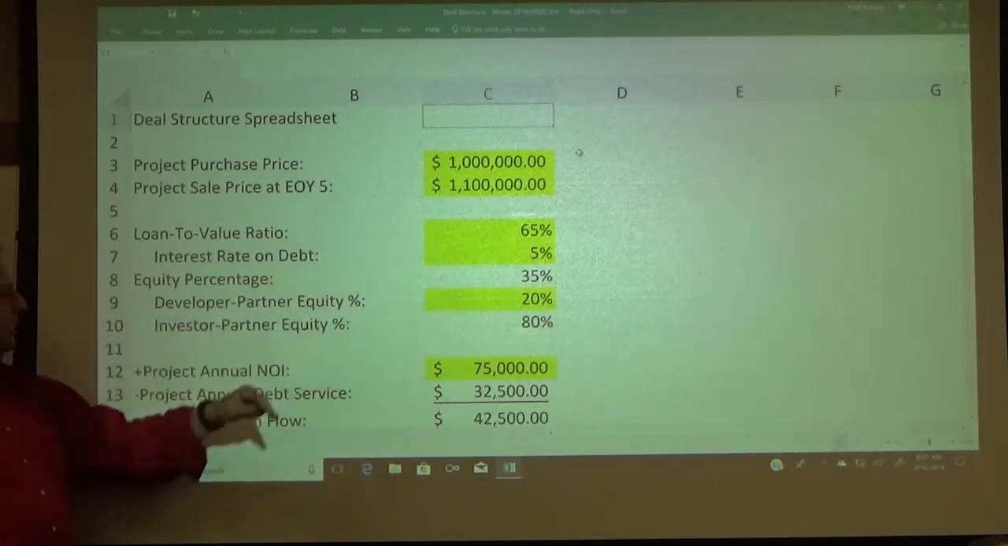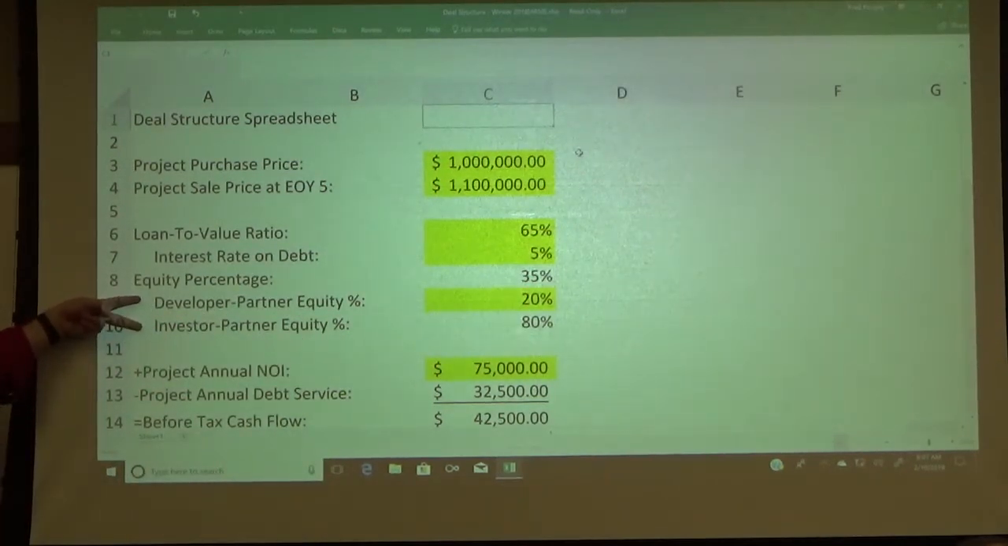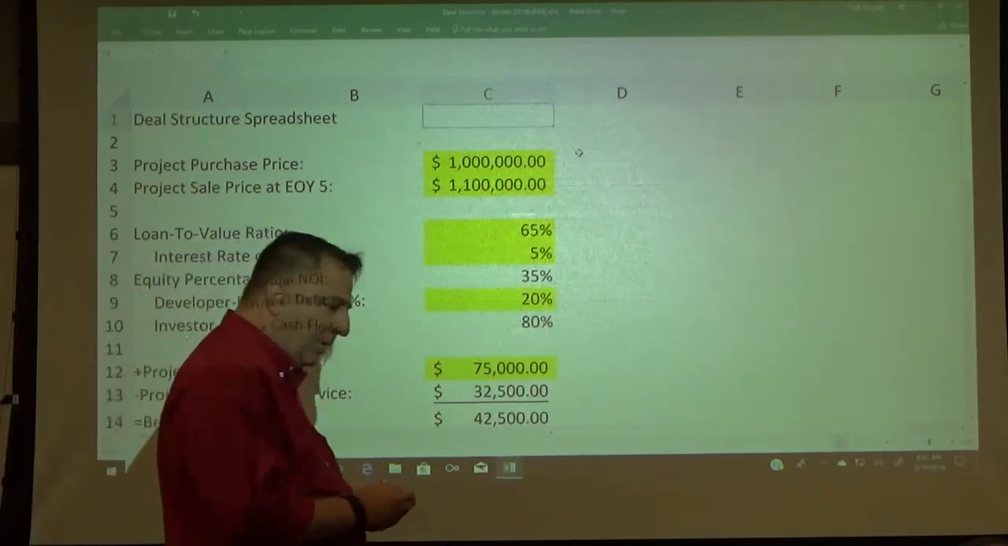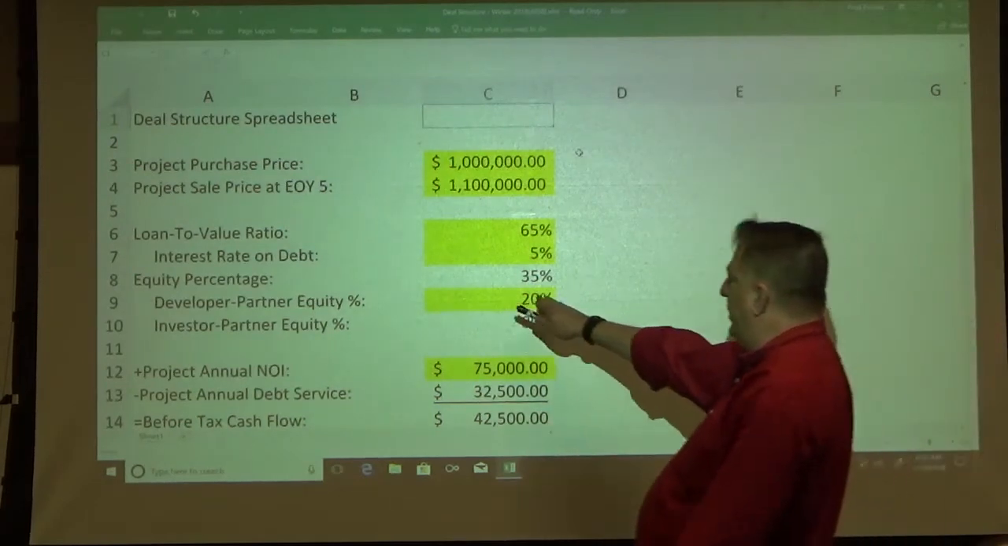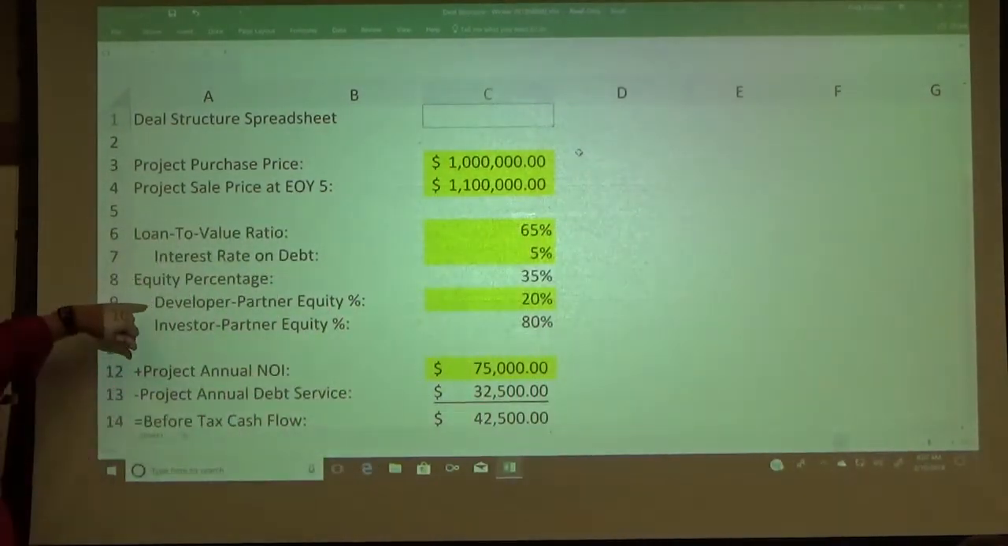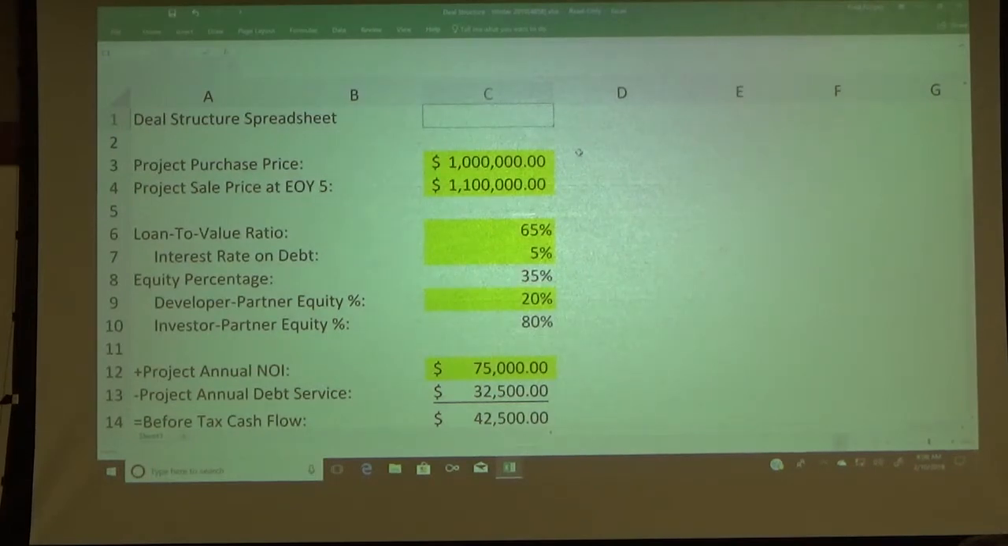In this case, what we're saying is we've got two different people within the deal structure. We've got a developer partner and we've got an investor partner. And we're making the assumption that the developer partner, for the most part, is doing all the work. Okay? And the investor partner is just contributing cash. All right? So in this case, the developer partner, we're saying they're putting up 20% of the equity, and the investor partner is putting up the remaining 80%. Okay? So what that means, if we start out with the developer partner, they're putting up,